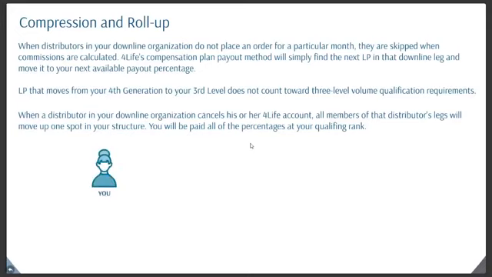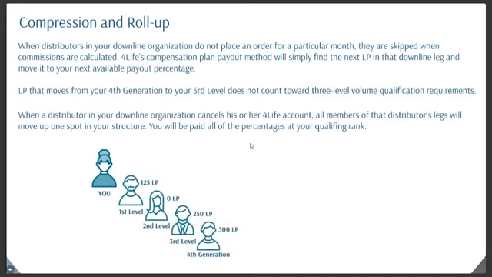So let's look at an example of exactly what that means. I'm a very visual learner, and that's why I put pictures to all these things, because it really is a lot to take in if you're just reading it. So here's you, and let's give you a downline organization for example's sake. Let's say that somebody on your 2nd level in 1 month does not do LP, right? In a lot of other compensation plans, the percentages are attached to levels. Well, 4Life isn't that way. We don't attach percentages to levels. Once you reach and qualify for a certain rank, like I mentioned, those percentages are guaranteed to be paid out to you.